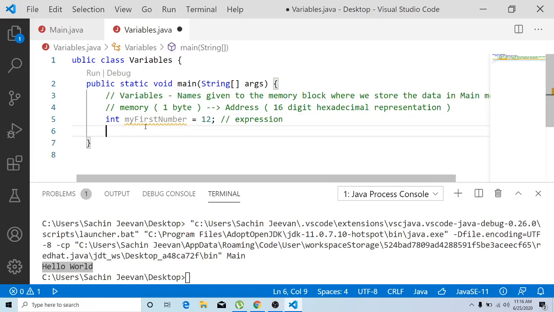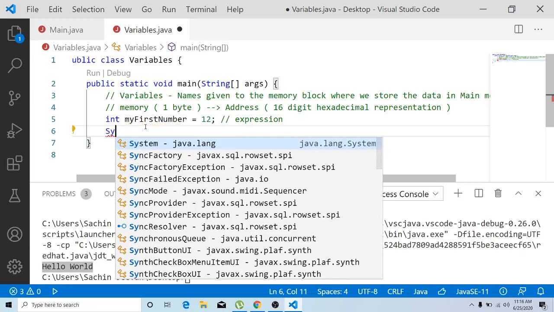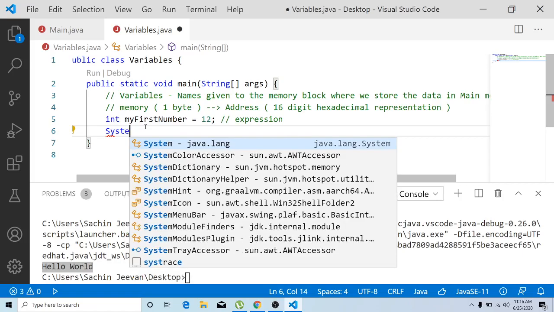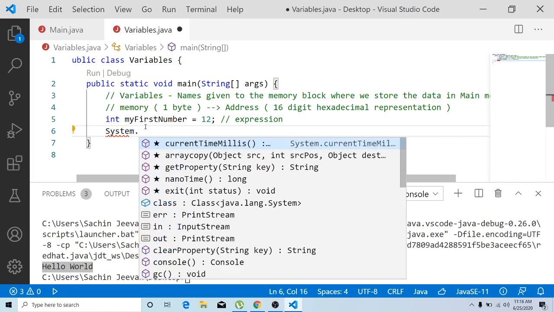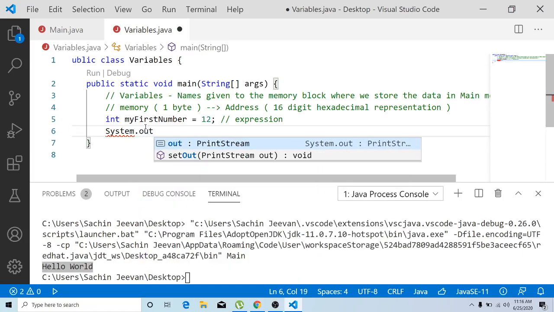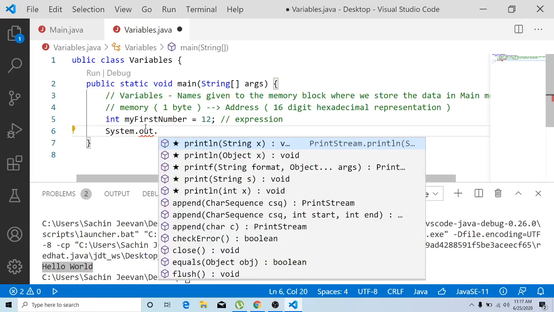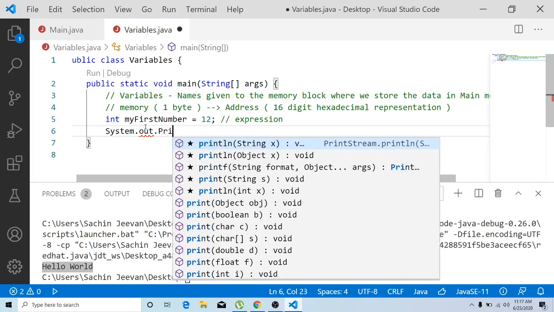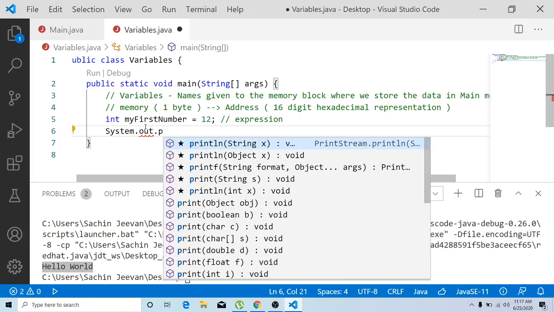So now, after initializing an integer value to the variable, it is time for us to print the number. Whatever number we have assigned to that variable, we are going to print it with the help of the variable. We already know from the previous concept that there exists something called System.out.println. It's not capital P, it is a small lowercase p.